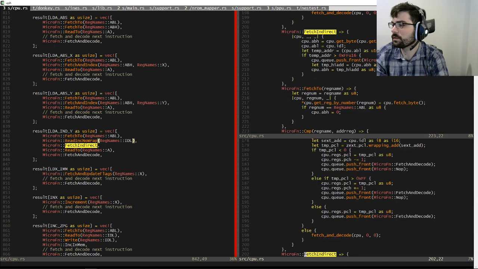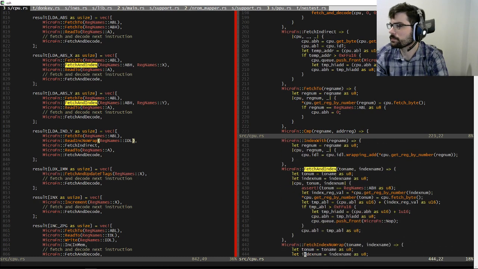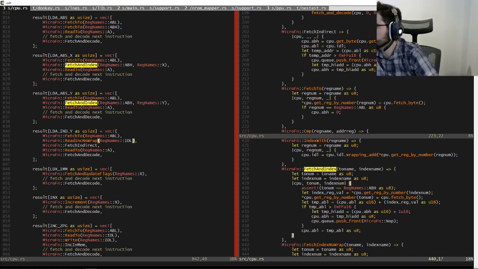Fetch indirect, fetch and index. The only difference is that it's using the PC instead of the address bus, which I guess is fine.